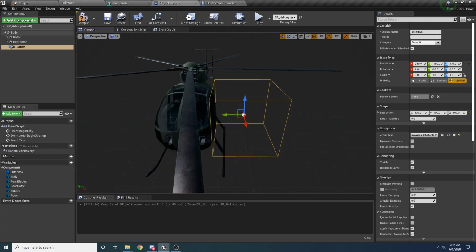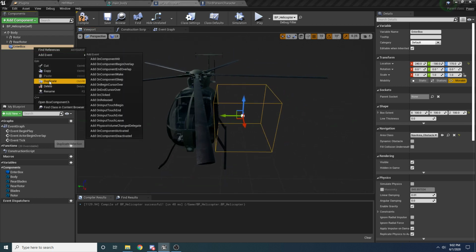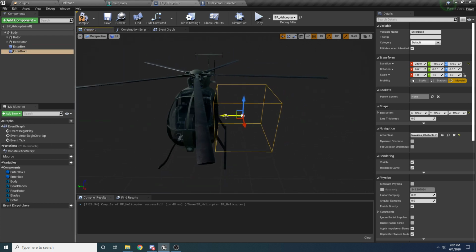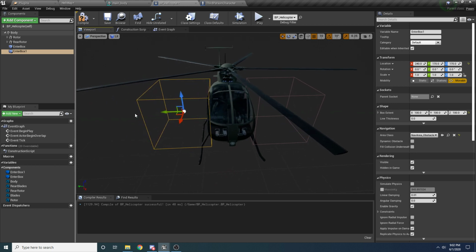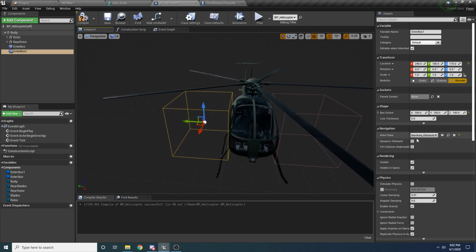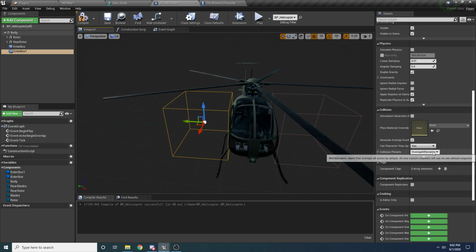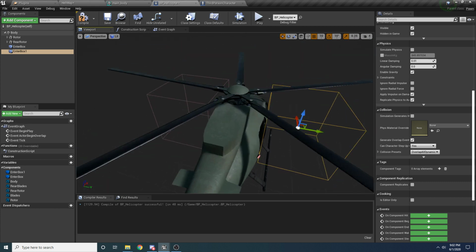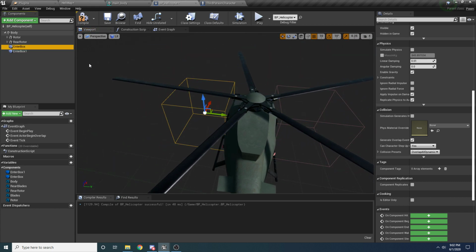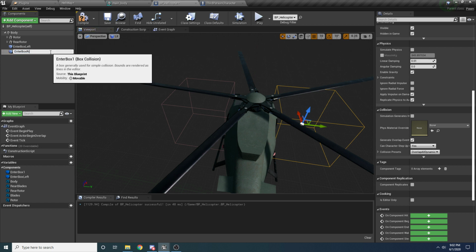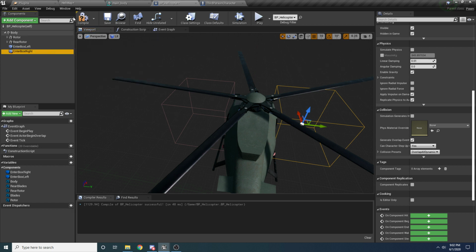And I actually had it on both sides. So if you right click and say duplicate and drag the duplicated one to the other side, now we can get in from both sides of the helicopter. And make sure that the collision for these is set to overlap all dynamic, which it should be by default. And I'm also going to rename these so they're enter box left and enter box right, just so we know which one's which. All right, so now that we have the collision volume set up,